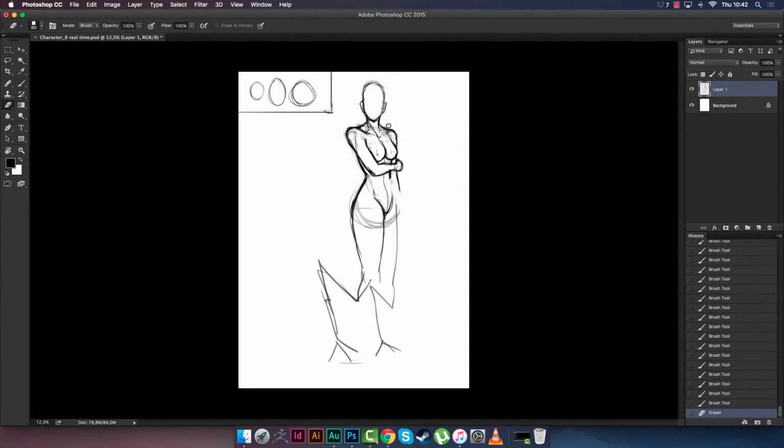So I feel like this part over here is okay. And then we have a huge mistake here. So we're actually gonna delete a lot of this. And we're gonna repeat the guideline right here, and just drop it in again. And this goes in a little bit and then Alt. So